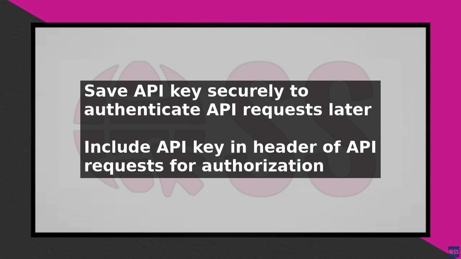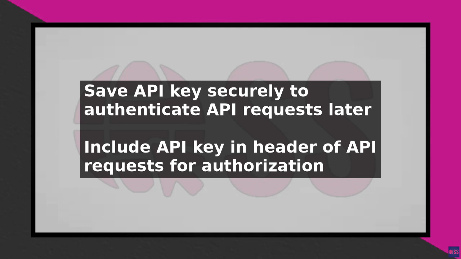To use the API key, you will need to include it in the header of your API requests. The format for this will depend on the programming language that you are using, but it is typically included in the authorization header. In conclusion, creating and getting a Robinhood API key is a straightforward process that requires you to